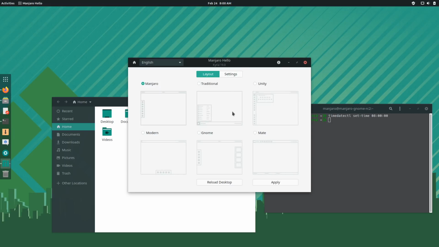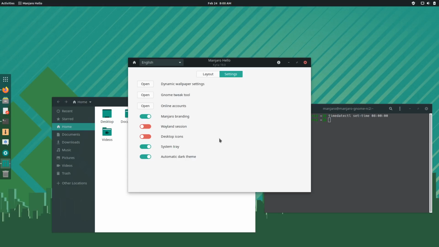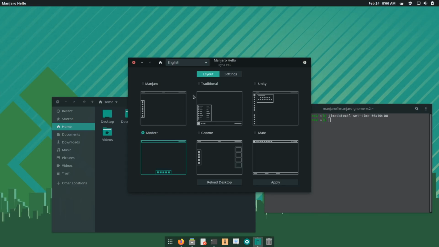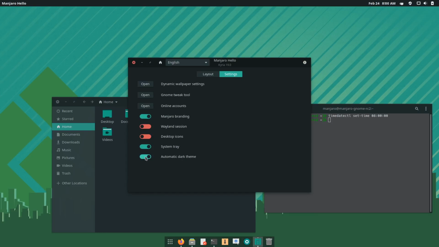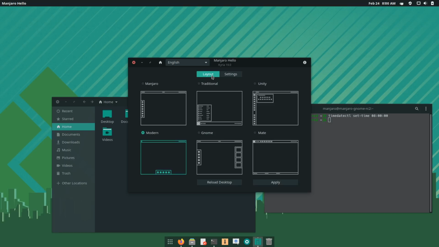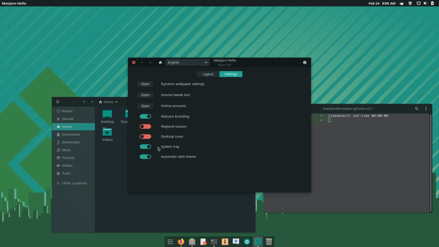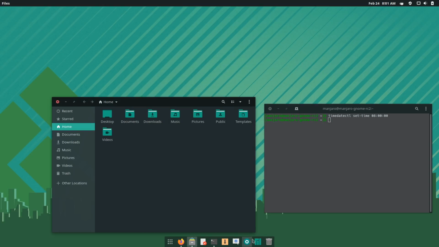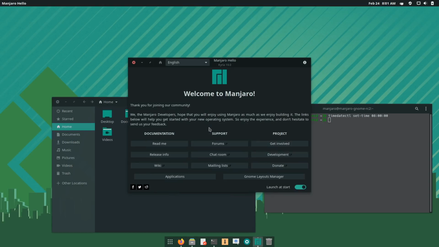So just keep in mind that if you change these, you may want to come in and just see what is enabled and what isn't based on that. Let's just go ahead and test this. So if I go to, let's say, modern again, let's see what happens. Yeah, see, it went back. No. So here's the thing. It still shows automatic dark theme. I bet you if I close this, oh, see, it moved my buttons on me. I bet you if I close this and come back in,